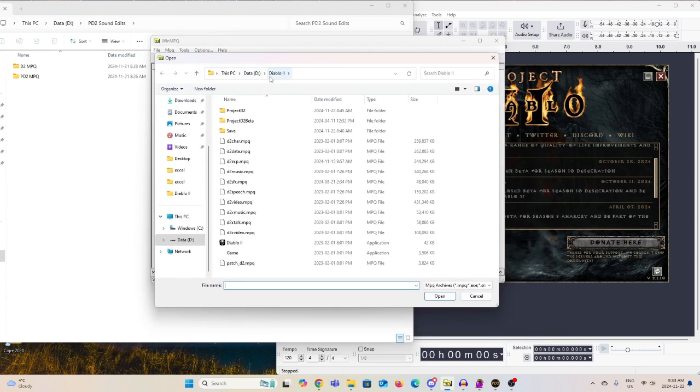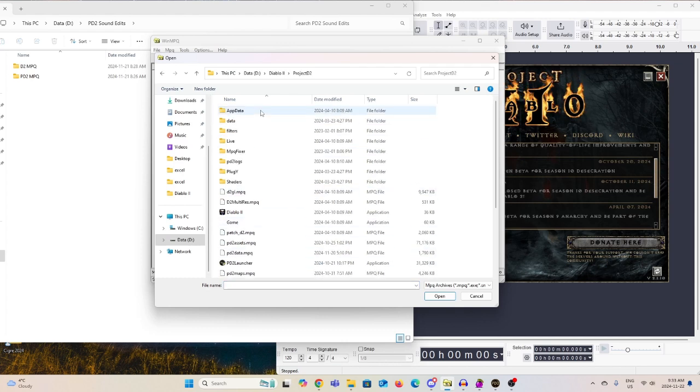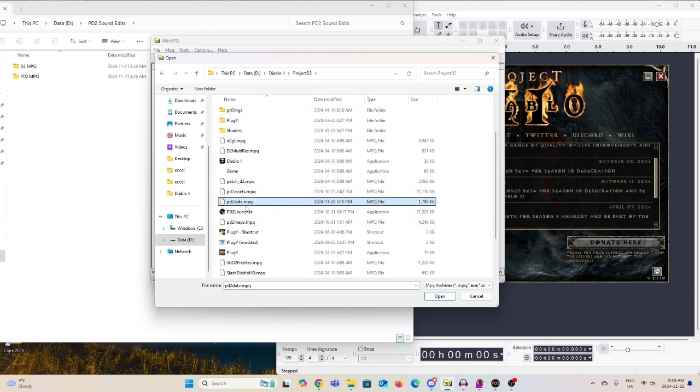You want to navigate to your D2 folder, and there's a few things you want to take a look at. The first thing is you want to extract our PD2 data. This is where all Project Diablo 2 data is stored. So if you open this one up,